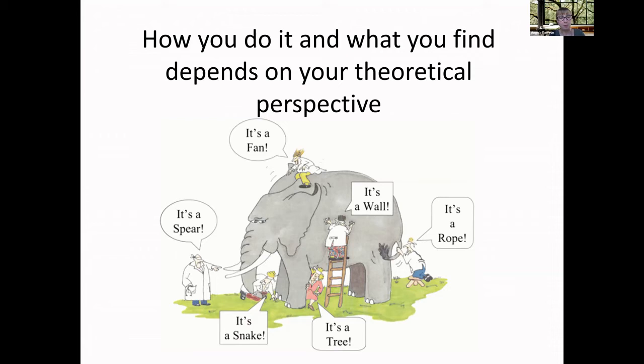And so someone at the tusks in the dark was feeling the tusks and said, "Oh, I think an elephant is a spear." Whereas someone putting their arm around the trunk thinking, "Oh, this feels like a python, it's a snake." Whereas again, someone around one of the legs felt like a tree trunk to me. Whereas someone right at the end near the tail felt that the elephant really was a rope. So I suppose what this is saying is how you do research and what you find depends on your theoretical